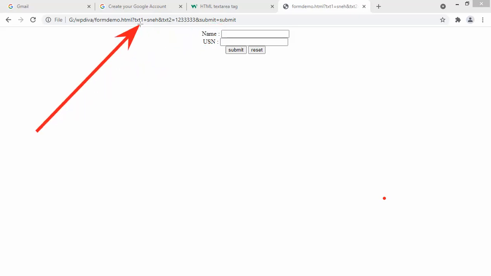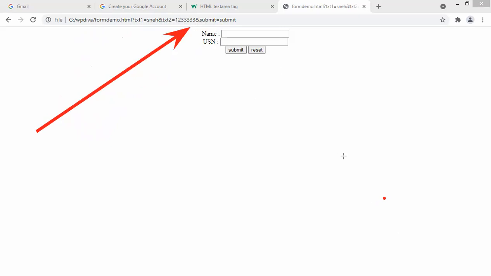So can you see that? By default, the form has taken the get method. So when it takes the get method, all my data becomes visible in the URL. Are you getting it? By default, it will take the get method, and all of it becomes visible in my URL. So it is not secure, guys.